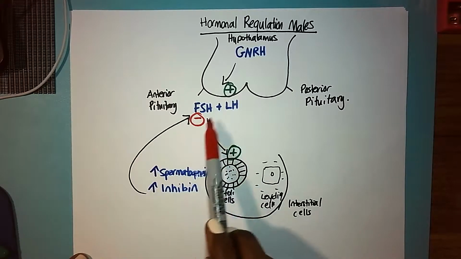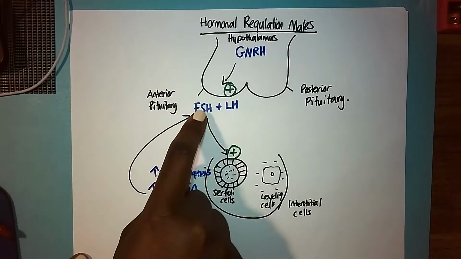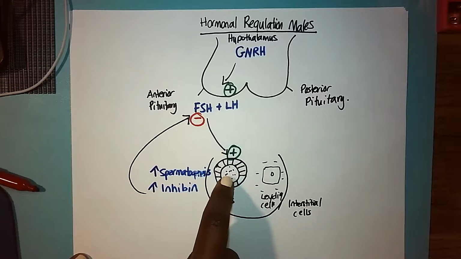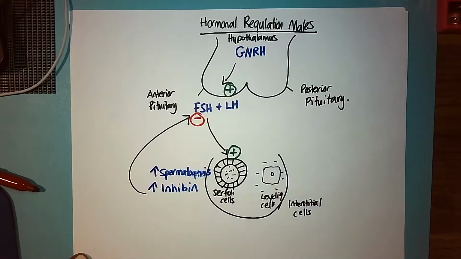And if you think about the word FSH, this is going to be relevant in the females as well. FSH stands for the developing or the stimulating of the follicle. And if you think about the follicle, it's really developing of the sex cell itself. LH is a luteinizing hormone. This is stimulating the production of hormones that are going to help with that development as well. So kind of the development of the actual follicle, whereas this is development of the hormones that are going to help with that follicle